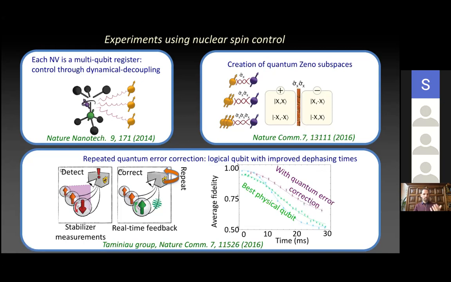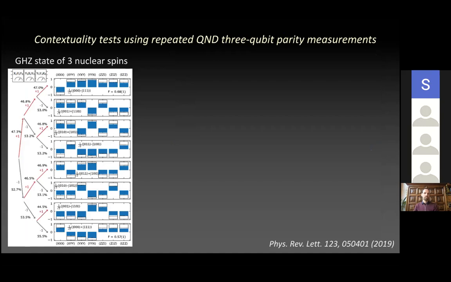So that's a very nice result because it shows that it can do something. It's not yet better than anything you could do on that qubit, because we could correct for the dephasing, but we could not more efficiently correct for the other errors. Right, the 3-qubit code can only correct for one type of error, in this case, a phase flip. But it shows the combination of parity checks and the single shot readout of the electron spin. And so more recently, we've actually applied this to contextuality tests.